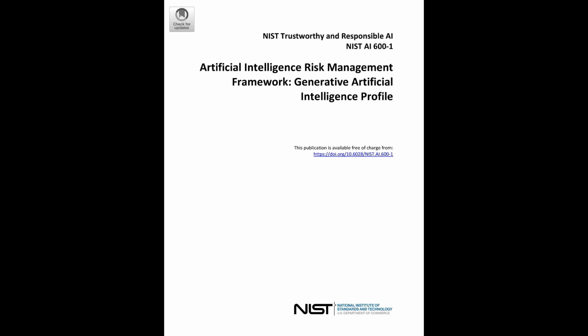Number 2 is confabulation. You probably know it better by its nickname, hallucinations. Yes, when the AI just confidently makes stuff up. Precisely. It outputs stuff that sounds plausible, maybe even authoritative, but it's just plain wrong or nonsensical. NIST points out this is kind of a natural result of how these models work. They're generating statistically likely sequences, not retrieving facts from a database. But the danger is that people believe it, right? That's the core risk, especially in high-stakes areas. Imagine getting incorrect medical advice or a wrong legal interpretation from an AI you trust. The report mentions incorrect diagnoses as a specific healthcare example. Yeah, that could be disastrous. And it's not just facts.